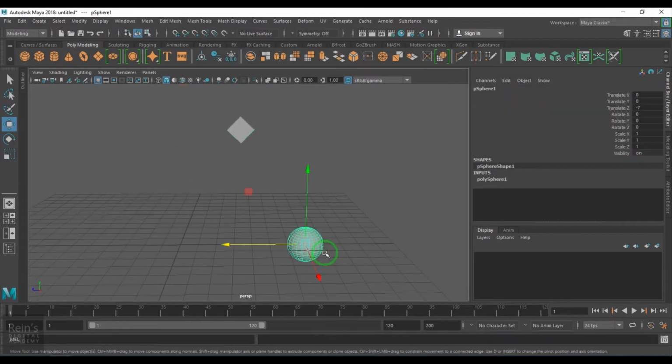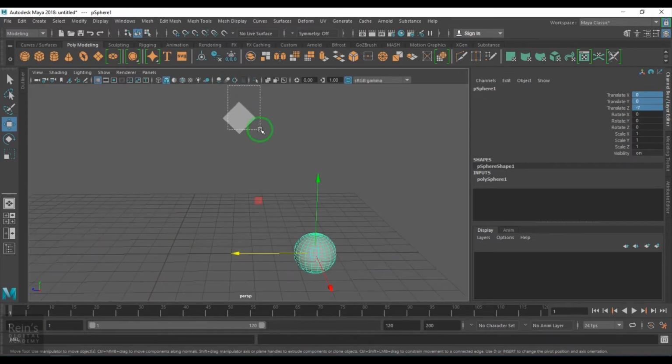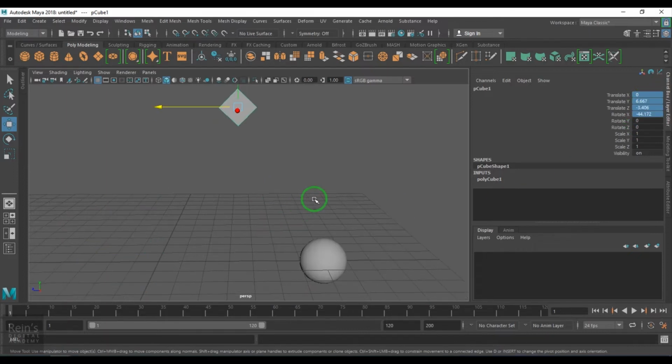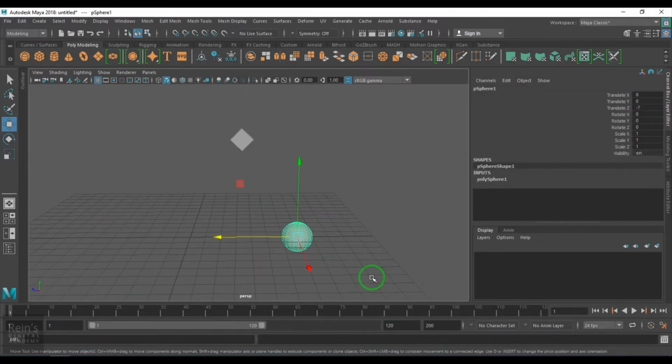Now if you make this particular object value to 0, it will go to the origin, and you do that for this, it will also go to the origin. But I don't want to do that. We just try to understand this. Okay, -7, and here some odd numbers. Let's keep it to a round number. 6, minus 3, minus 45. Okay, so 6, minus 3 and 45.